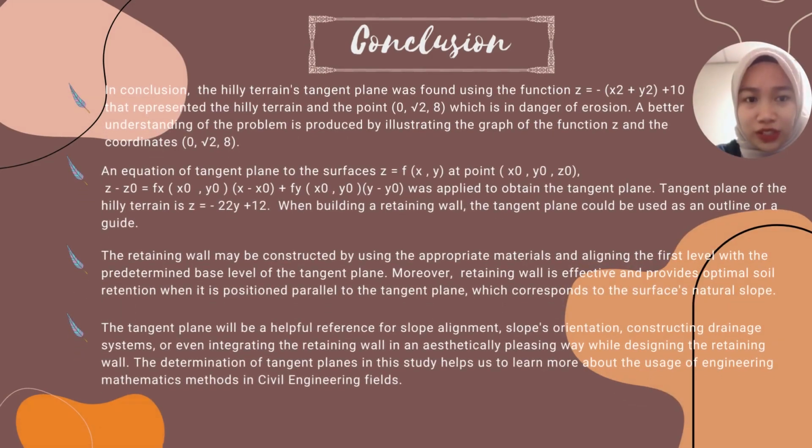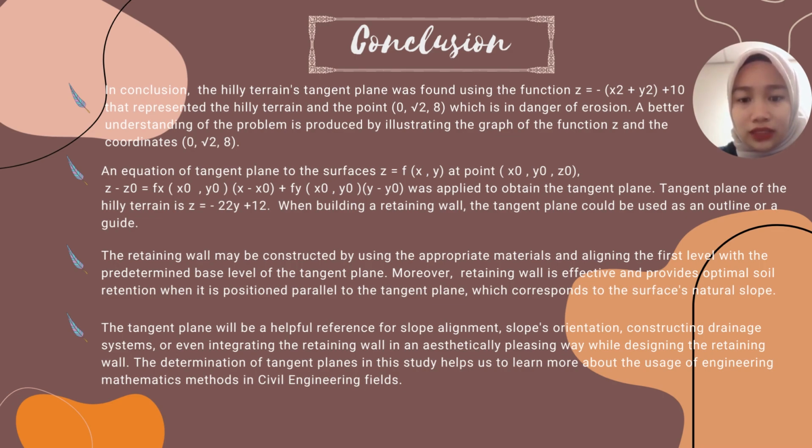So in conclusion, the tangent plane was found using the function z equals minus x squared plus y squared plus 10, which represents the hilly terrain at the point (0, 3, 2, 8), which is in danger of erosion. A better understanding of the problem is produced by illustrating the graph of the function z and the coordinates set